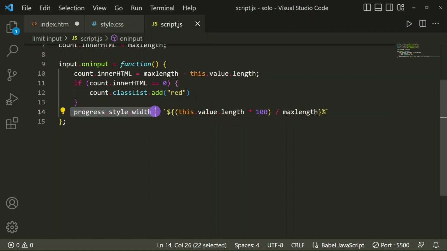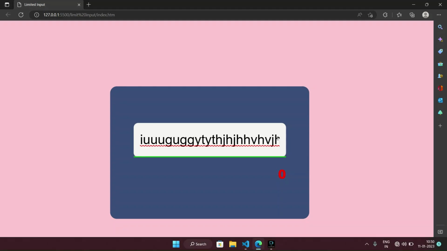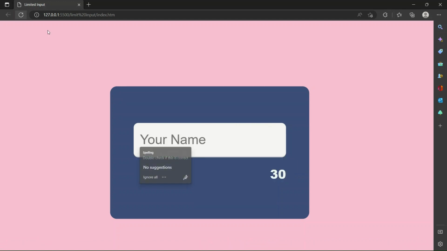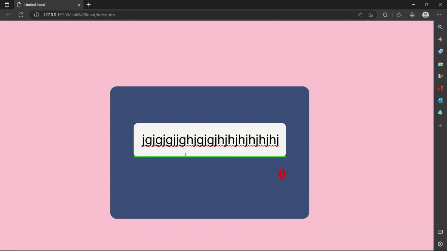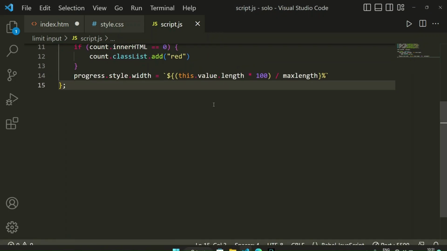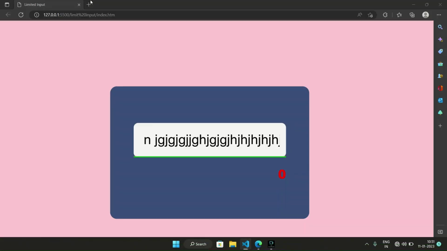Then here progress dot style dot width for that this dot value dot length into 100 divided by maximum length. So means when we, I'll refresh it and I'll show you again. When you start typing, see this progress bar is increasing. See it's increasing, and when it will be 100% it will stop, when our input is fulfilled. So like that we have made our